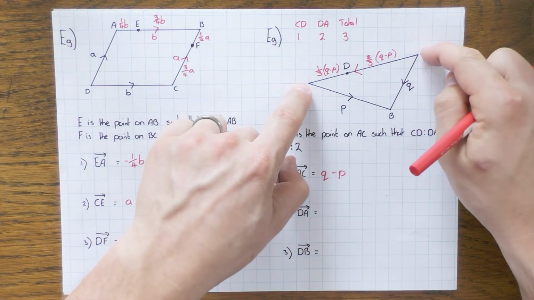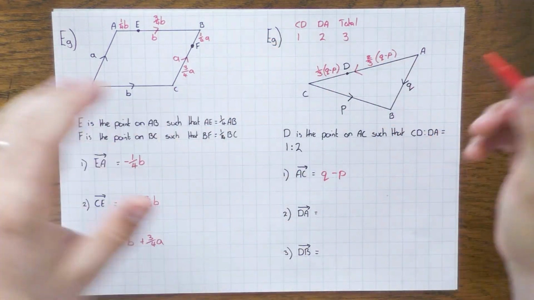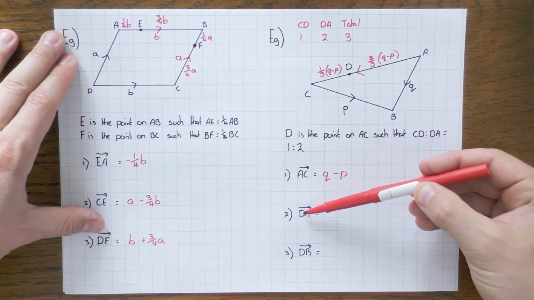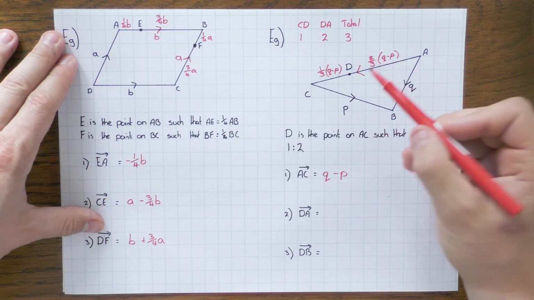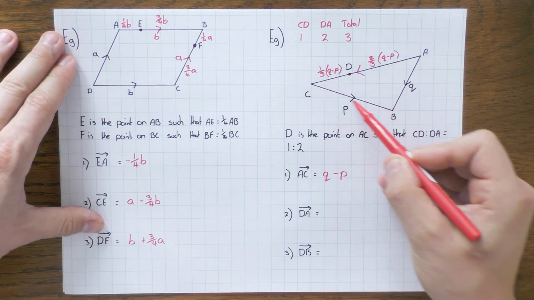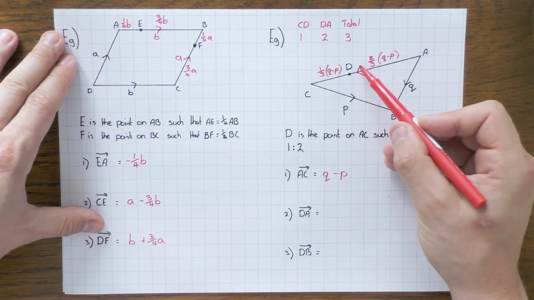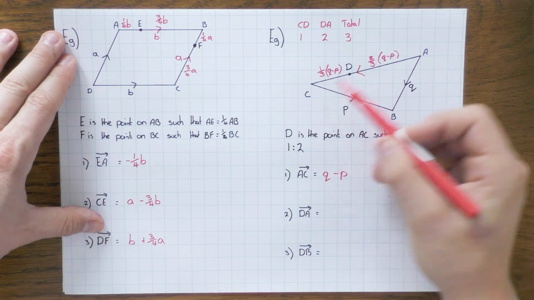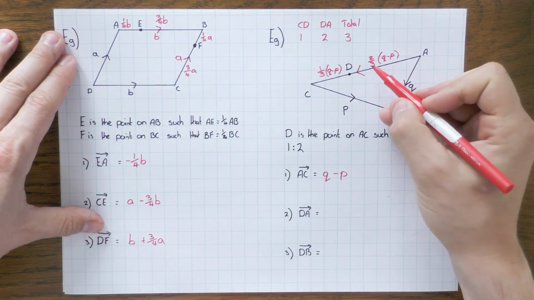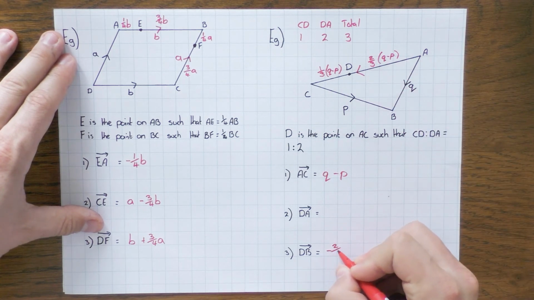So as soon as you know the whole thing, and you know what fraction it is, you can just do the fraction and then put the whole thing in brackets, and you've worked out that little bit there, which is going to come in handy, because I need to do DA now. So D going to A, of course you could go that direction, but it's just going to be easy to do that bit. But the flow, A to C, was going that way. If I want to go that way, D to A, that's going to be a negative. So it's going to be minus 2/3